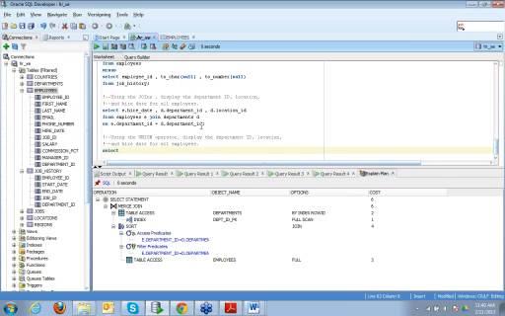So what we need to get from employees is department ID and the hire date.